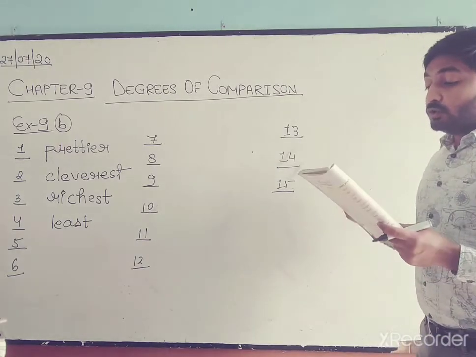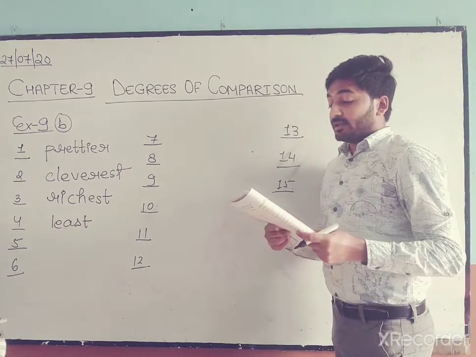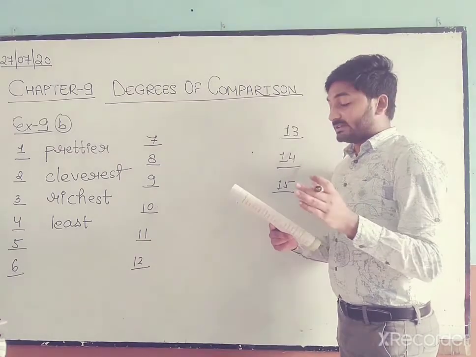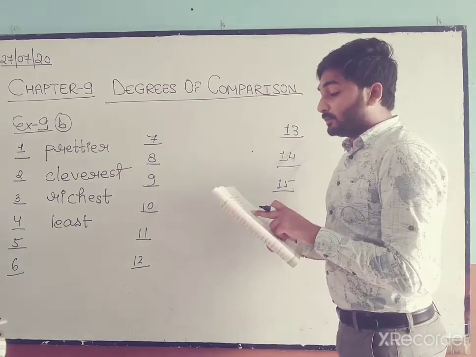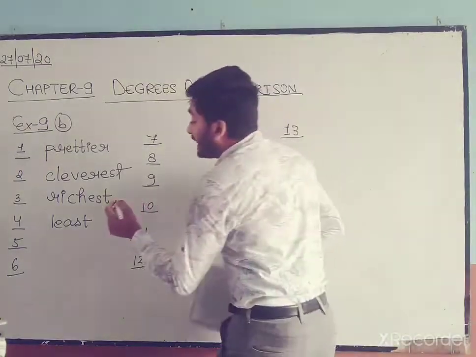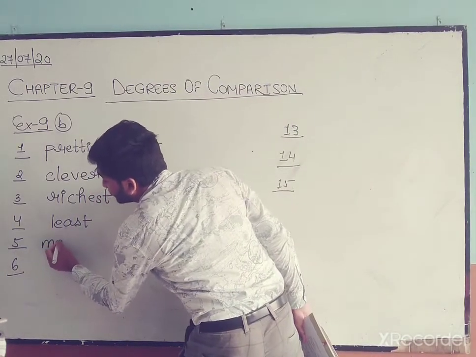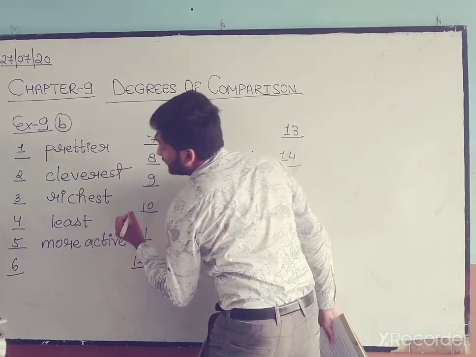Number 5. Who told you that you are dash than Tim? Now we are comparing you with Tim. That means we are comparing two persons with each other. That means what will come? Comparative degree. And one more reason is that after the blank there is than. So what will we write? Active. Two syllables are there, that means more active. In the comparative we will add more with active.